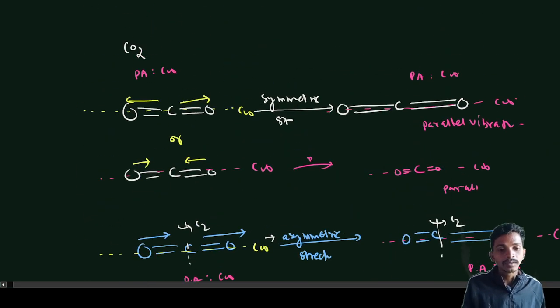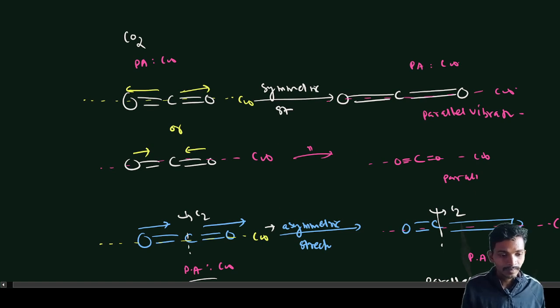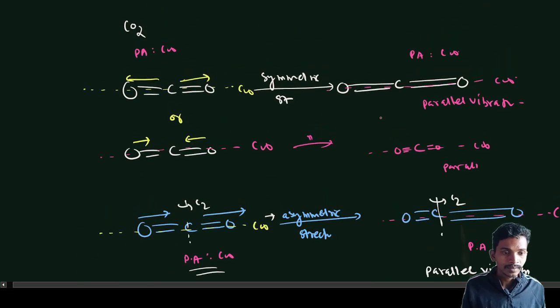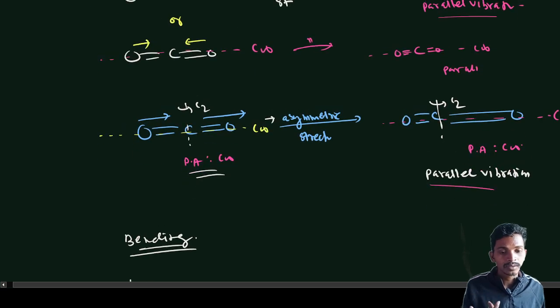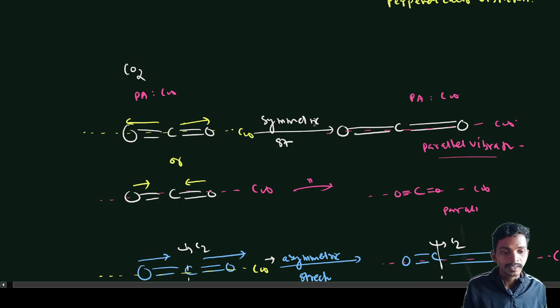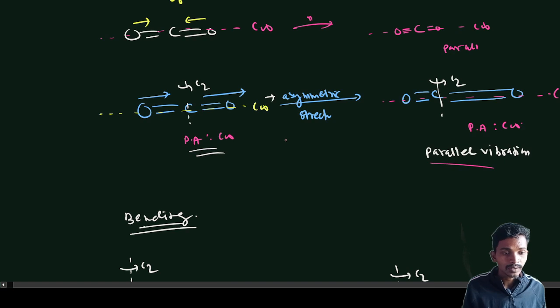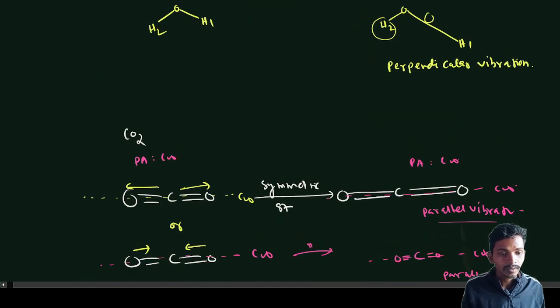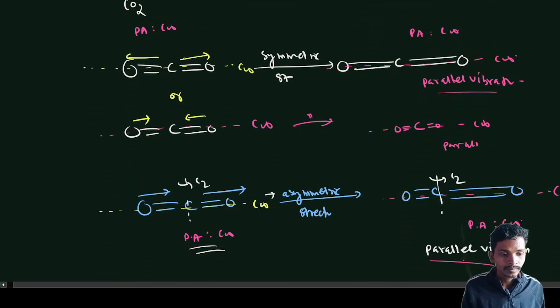Somewhere you see that asymmetric can also be a parallel vibration, and symmetric is a parallel vibration. So it does not mean that asymmetric stretchings are always perpendicular vibrations and symmetric stretchings are always parallel vibrations. Sometimes asymmetric stretching is also a parallel vibration, although most of the time asymmetric stretchings are perpendicular vibrations. Okay,